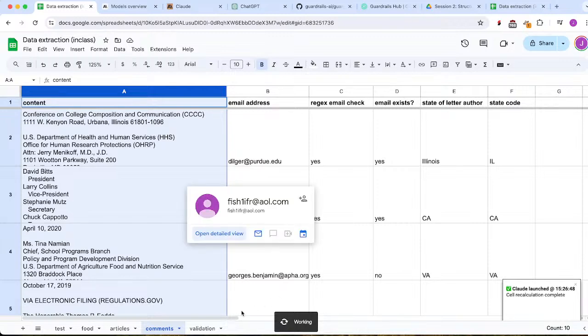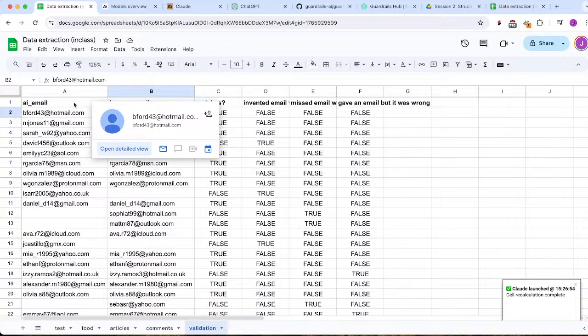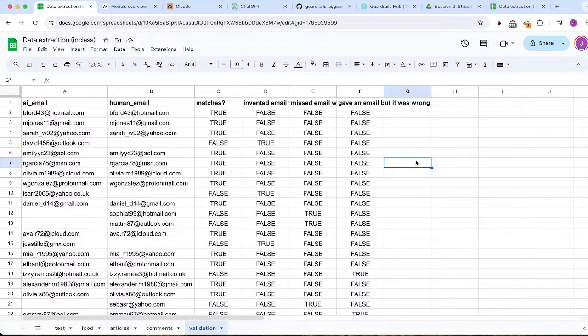Do it manually. And then we would go through and say, okay, compare the AI email to the human email. And the different ways we might compare this: we could just say, do they match? Does the AI email and the human email match? And then when we get a certain number of matches, true, false, sure. But if we wanted to be a little bit more specific about the kinds of errors that show up,